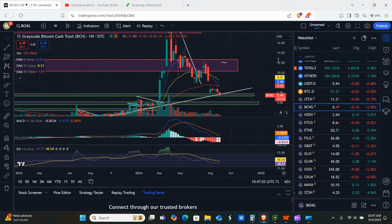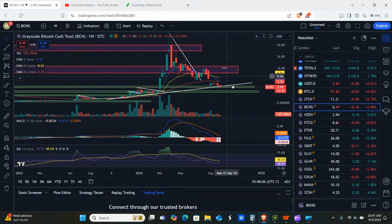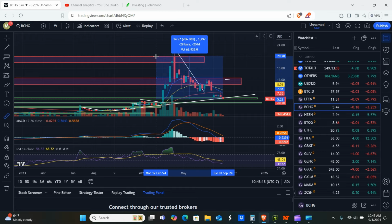BCHG, so same thing. I'd be looking for pretty much anywhere where it's at right now, $5.50 going up to $7 into the end of the year as support. And then 10.30 to roughly about 12.60 up here, basically the previous resistance zone. 18 to 20 up there at that upper bound, and then 24 all the way up at the swing high. So just measuring from current prices, you're looking at 143%, roughly about 286%, and then